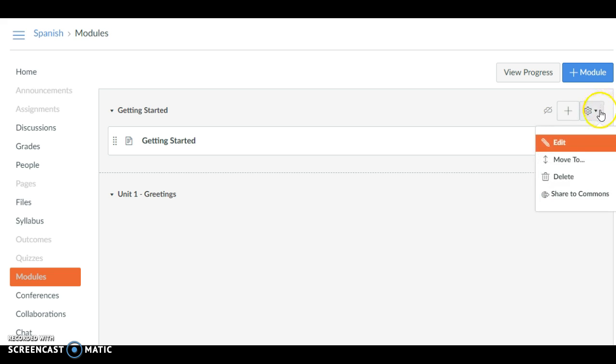You can go to settings if you want to edit, move it, delete it, whatever you want to do. You can do it there. But we'll pretend right now that we've got a bunch of different units listed, different modules and different things. So let's go back to our